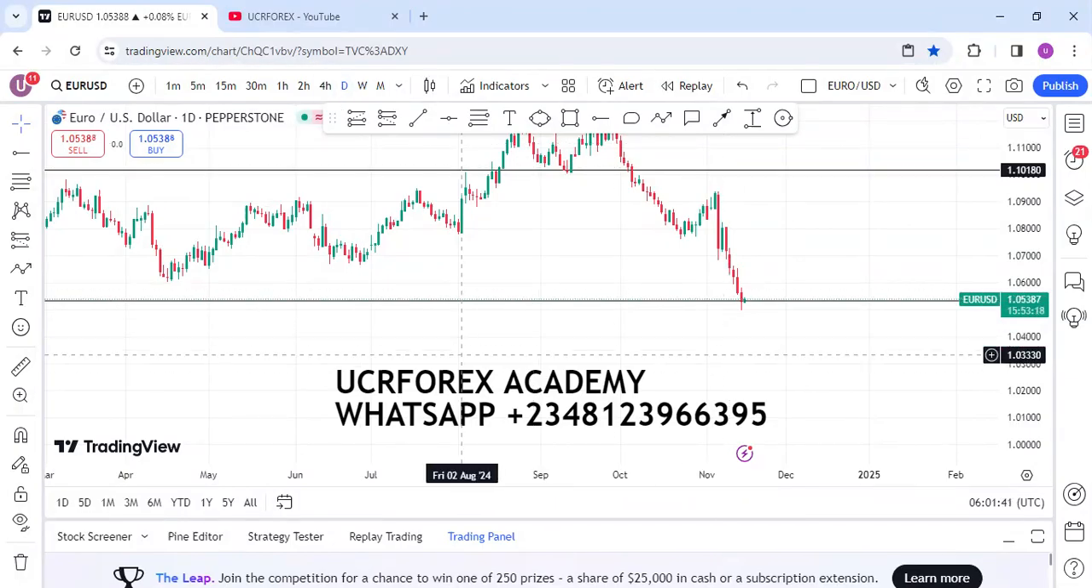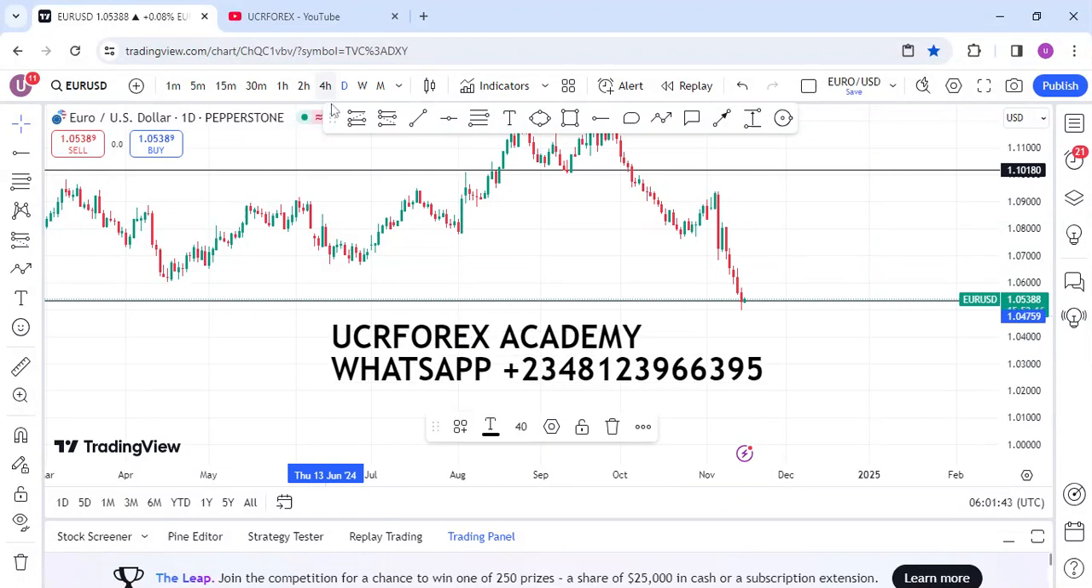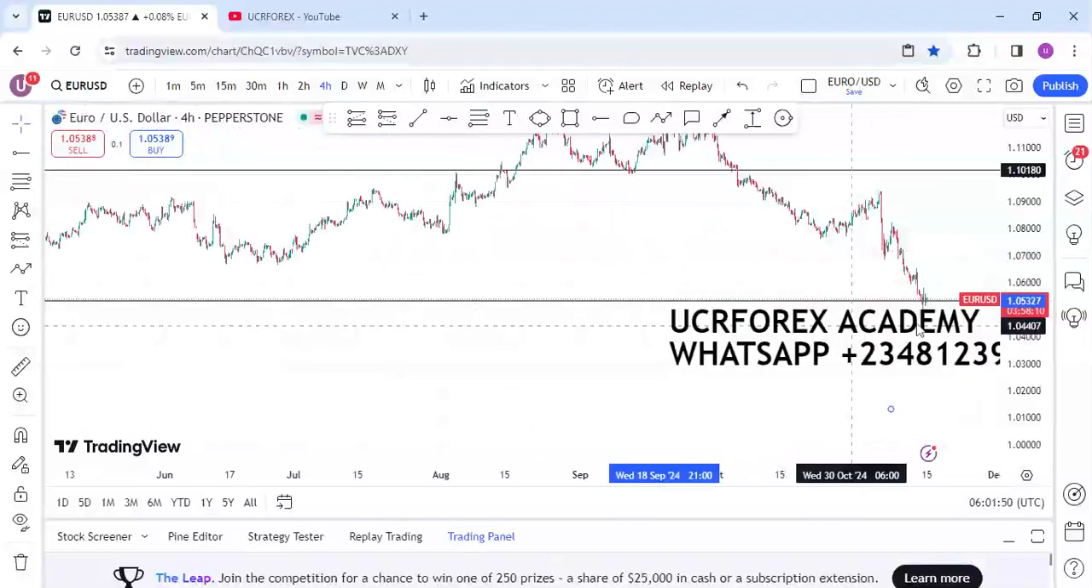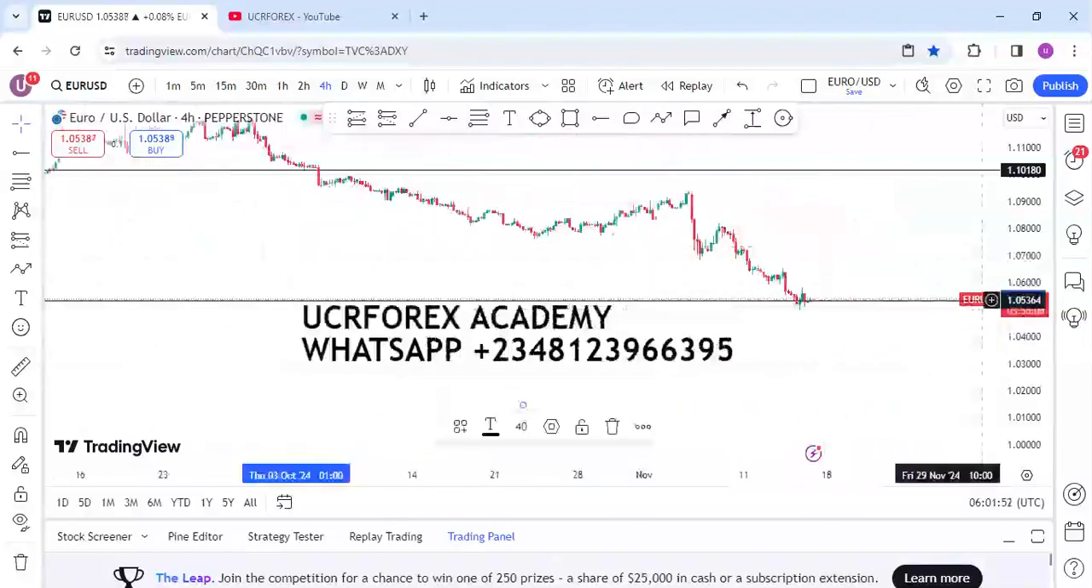So on the 4 hour time frame, now, this is the 4 hour time frame. Remember, you have to move from daily to 4 hour. You don't need to move from daily to 15 minutes time frame. Do not try that. Do not move from daily to